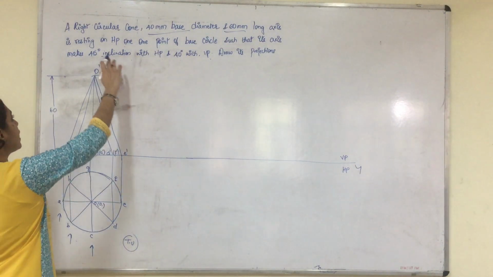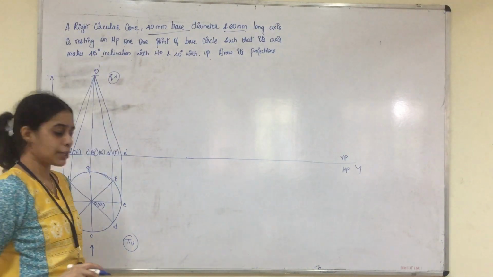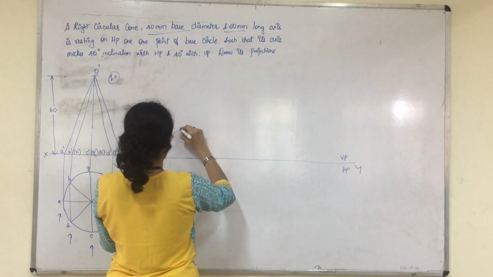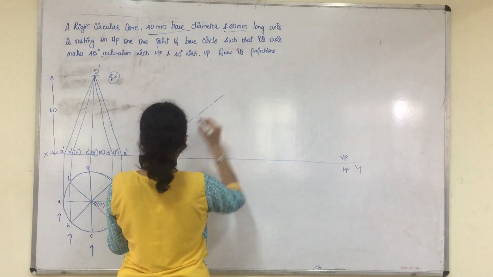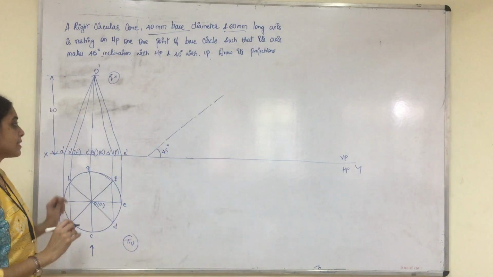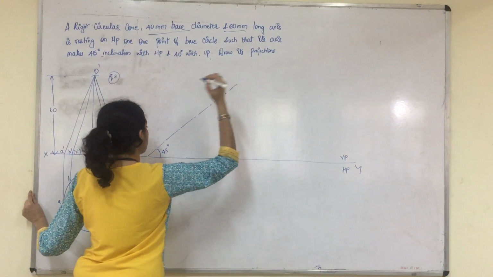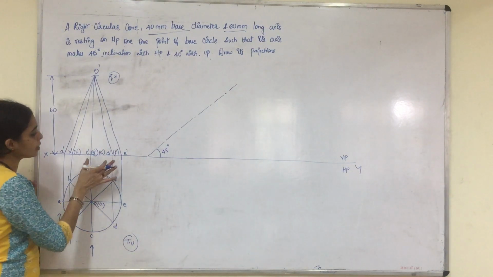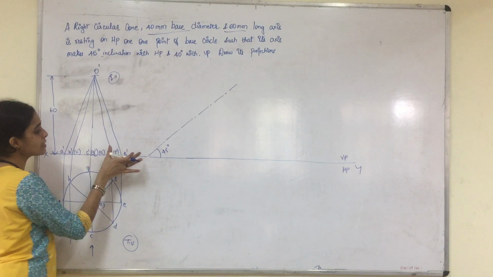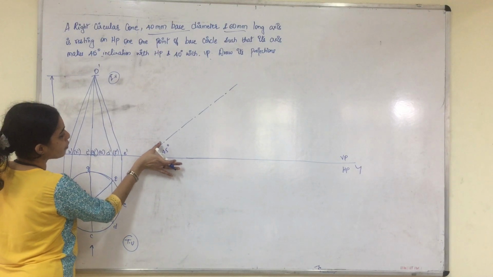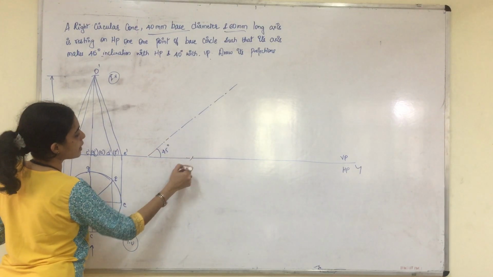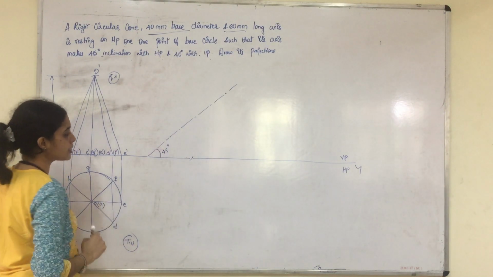In the second stage, it is told the axis is inclined at 45 degrees to HP. So leave some space and just take the axis line for 45-degree inclination. Please show the axis line pattern over here. After that, identify the distance from the center to this corner. Please measure this distance using the compass. Just move on this 45-degree line until it touches our XY plane. Where it touches, cut an arc and identify that reference point also.